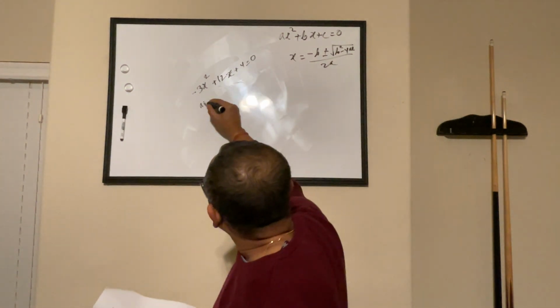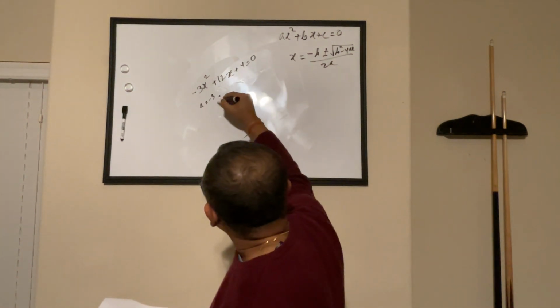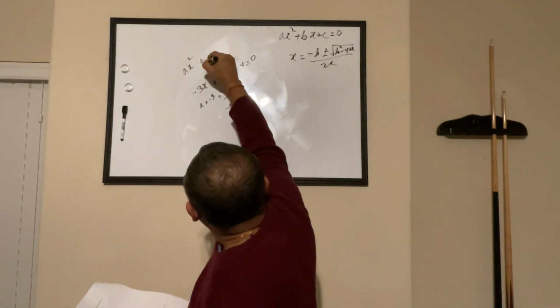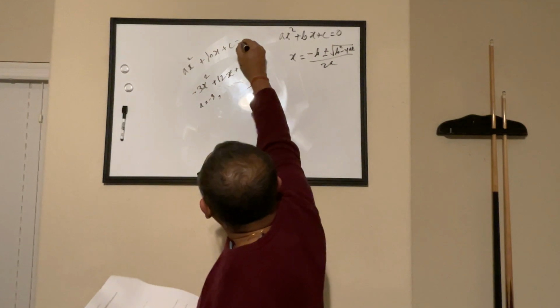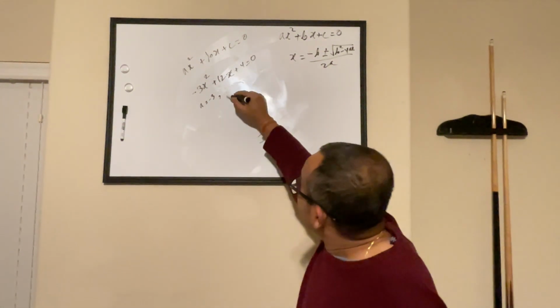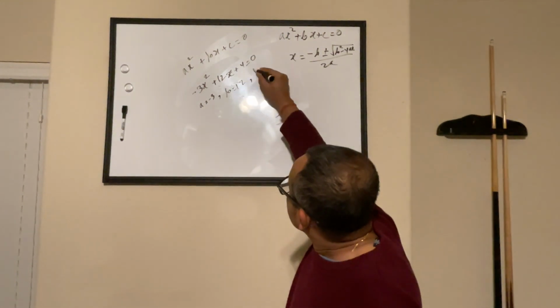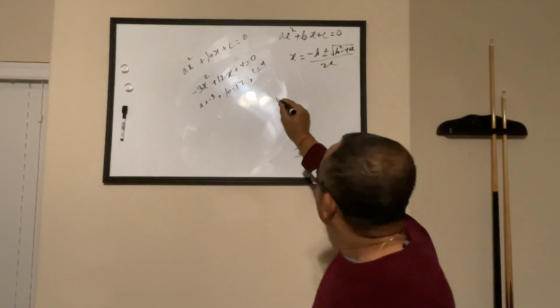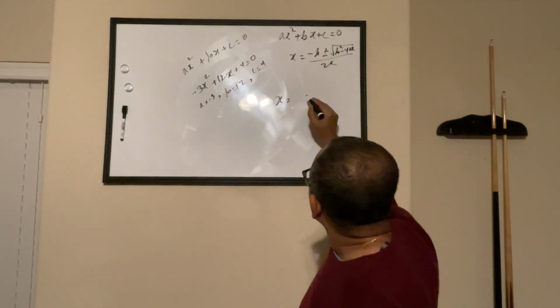What is the value of a here? Minus 3. What is the value of b here? So I will try relating that with the quadratic equation. So a is minus 3, b is 12, c is 4. Now let's try putting that value here. So the value of x could be